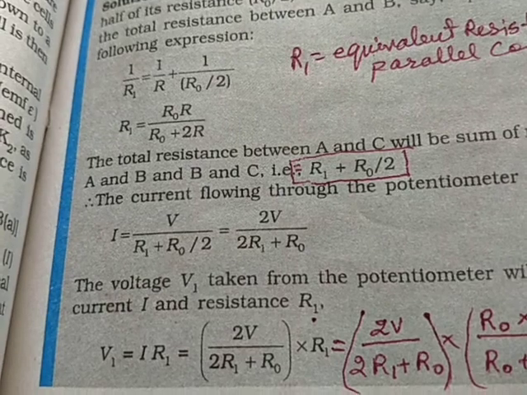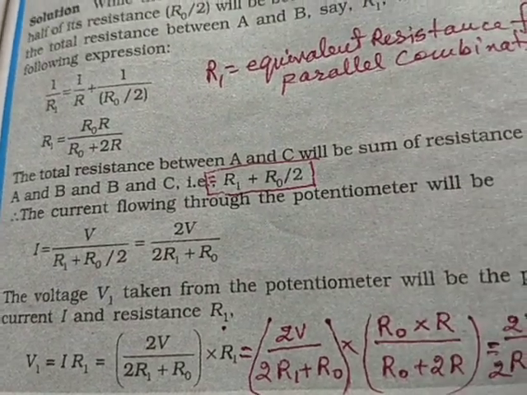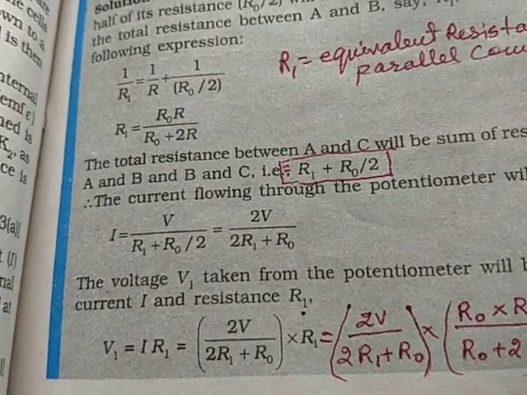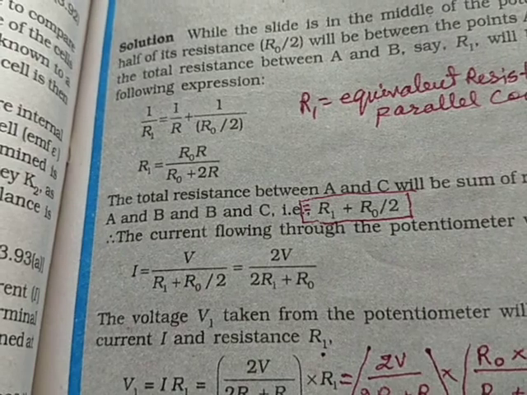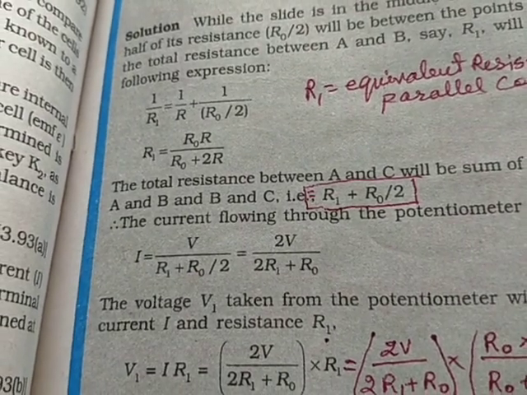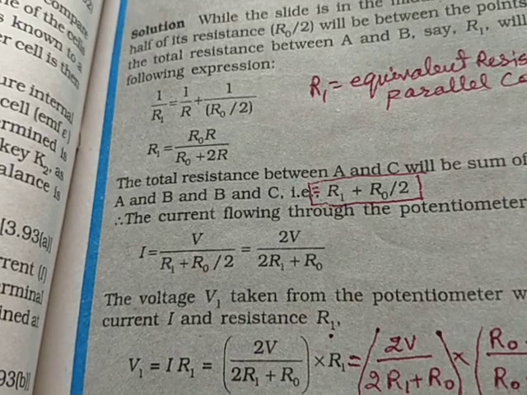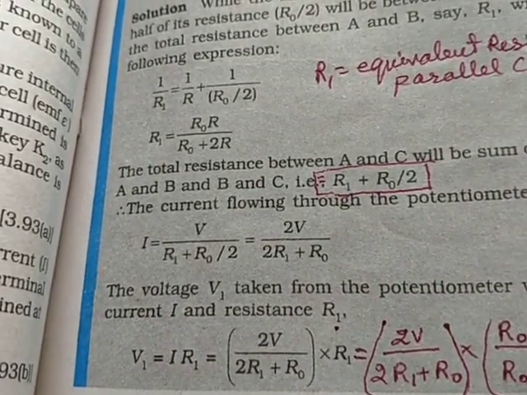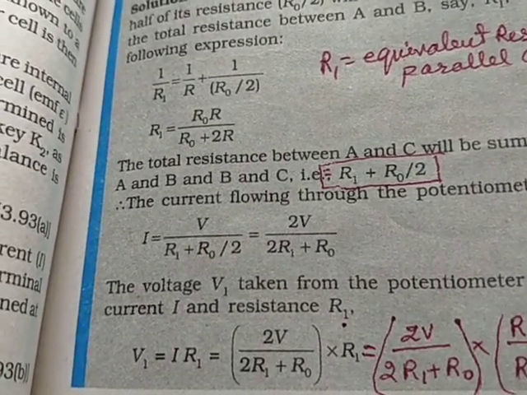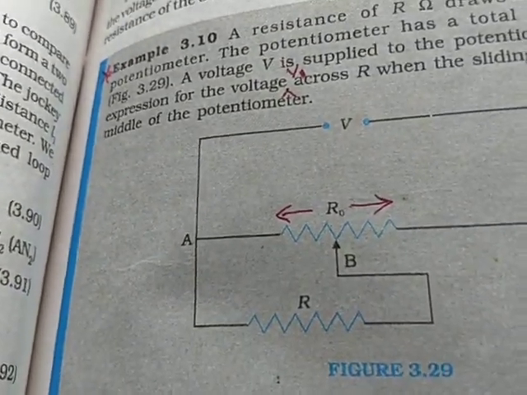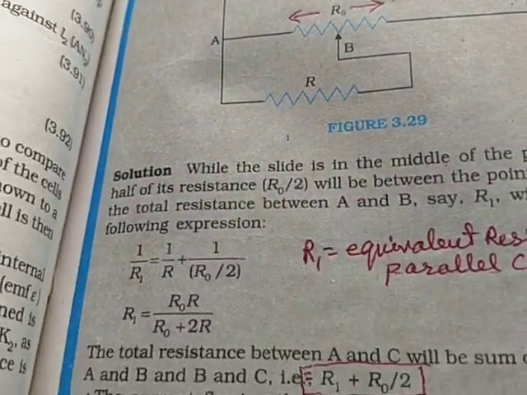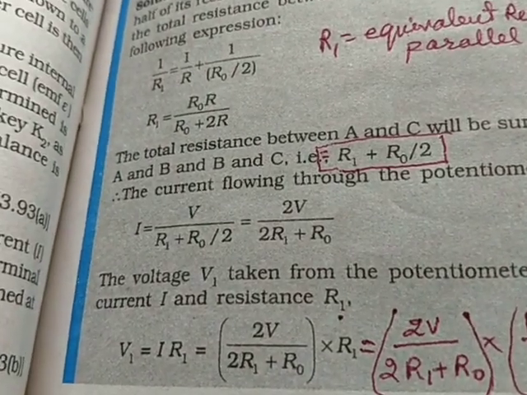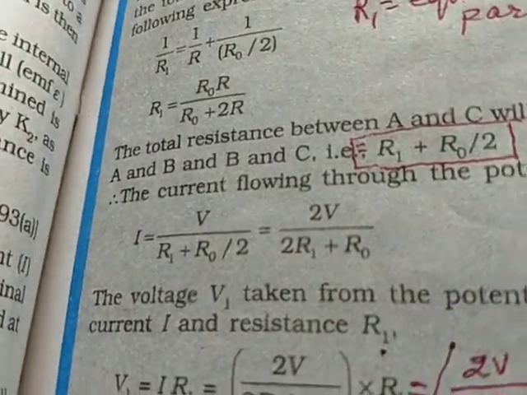We can find the total current drawn through the potentiometer. The potential V is applied across a resistance of R1, that is the equivalent resistance of R and R0 by 2, plus R0 by 2, the remaining part of the potentiometer, that is from point B to point C, where the resistance R0 by 2 is added. And so when you divide the total potential applied by this factor, we get the current drawn